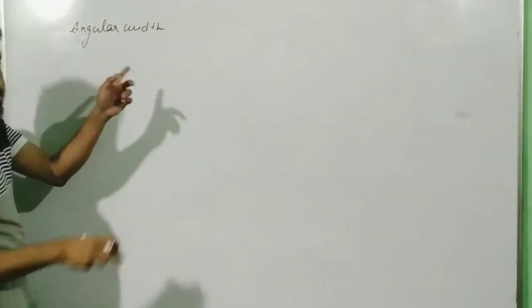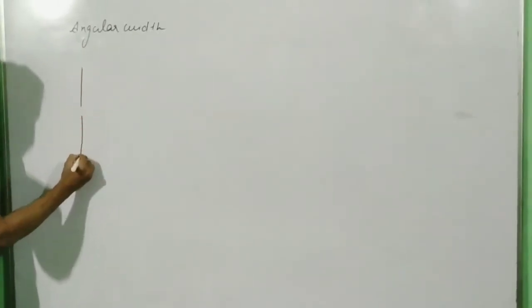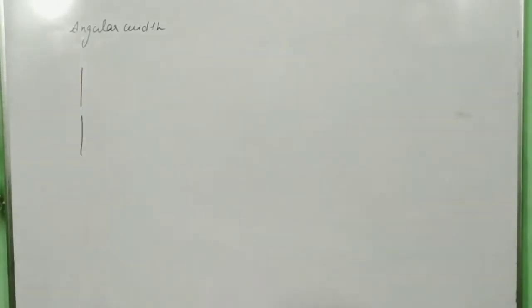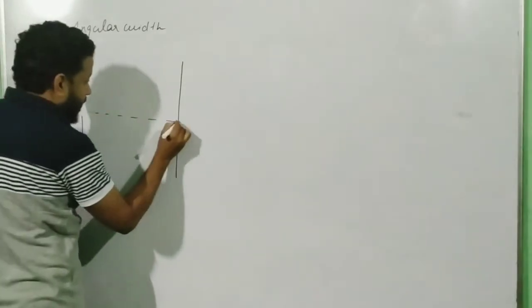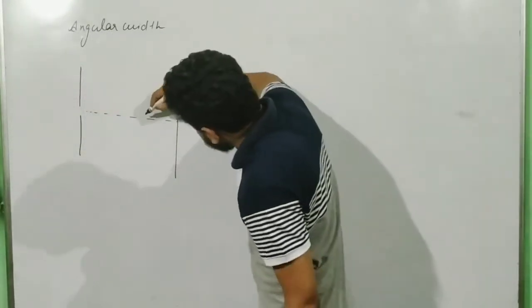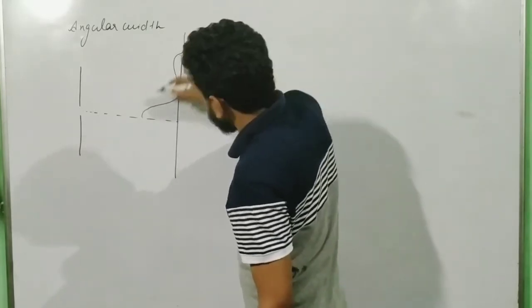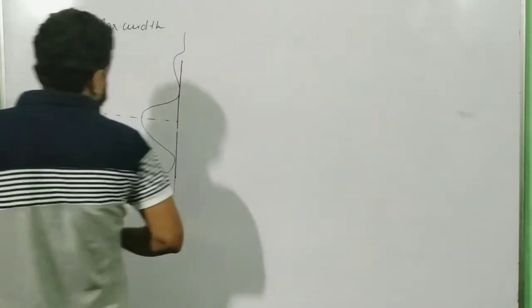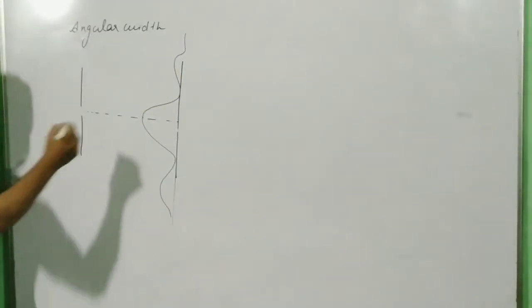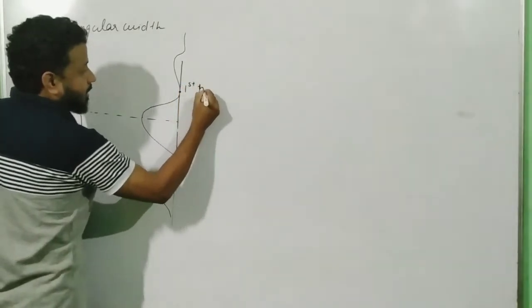Now let's try to understand the concept first. This is your slit, and then there will be a screen, and this is your screen. If I consider this to be the midpoint, over here you can see that this is how the intensity pattern looks on both the sides. This is what we know the intensity pattern will look like. Now this one is my first minima. Remember what this point is? This is my first minima.